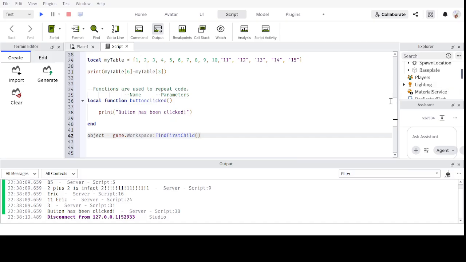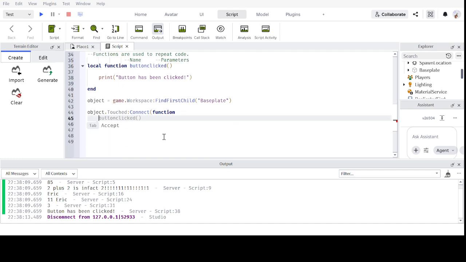Just don't worry about the details. This object is just going to be the base plate right here. So what you're going to do is object.Touched:Connect(function). I'm going to click that, and as you can see, you've made